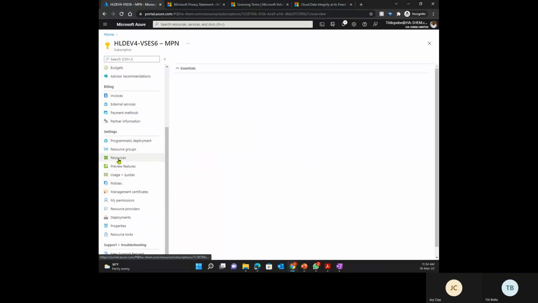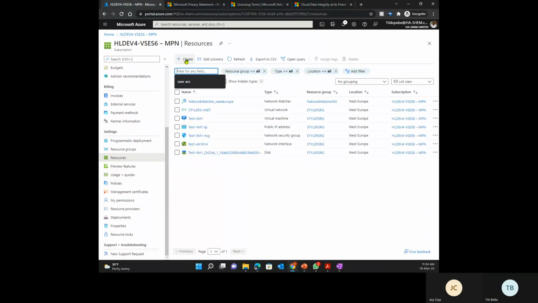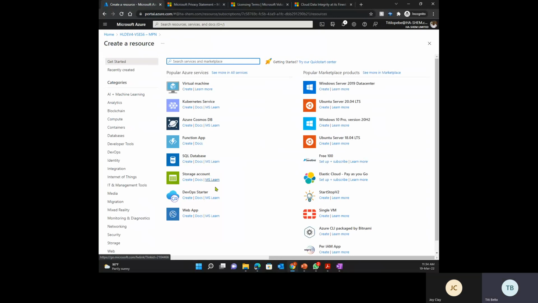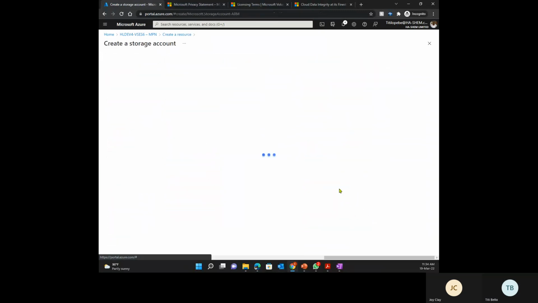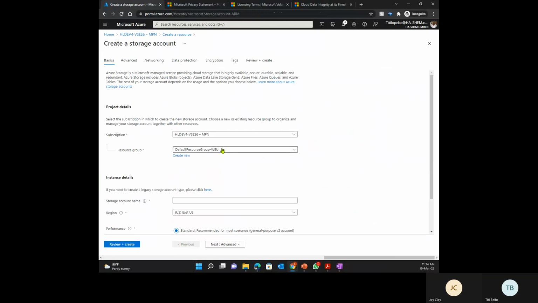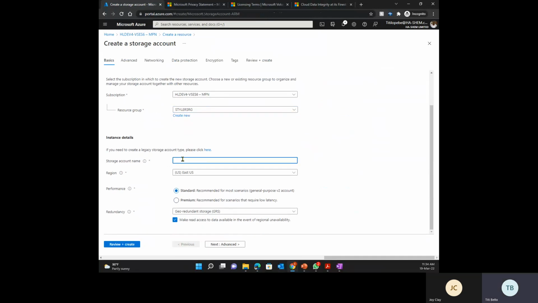I'm creating, let's see, a storage account. I pick this and storage account,